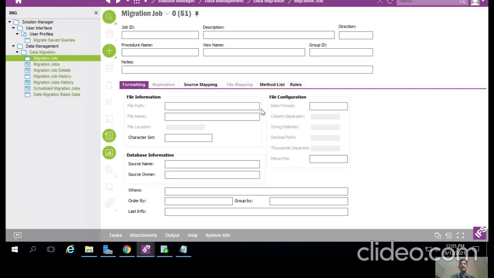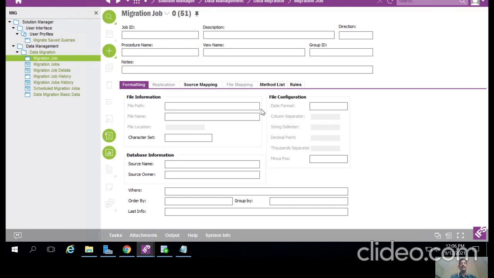IFS data migration uses a number of different data sources, like text files, tables and views in the Oracle database. We can also use database links to other sources, and work directly from Microsoft Excel using the IFS data migration Excel add-on functionalities. It can also join information from already migrated data with external sources. Basically, we are performing only two types of data migration: one is the FND migration, and the other is the Excel migration.